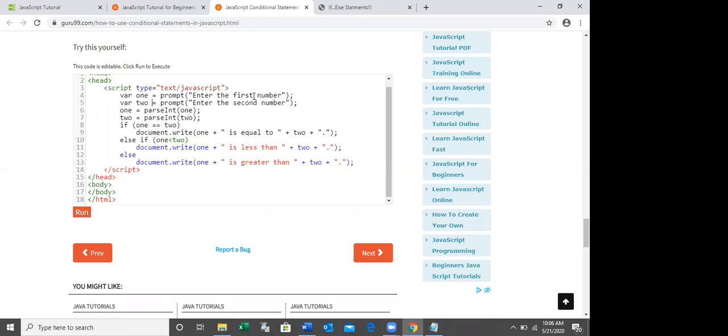String. So if you want to do the calculation, you have to convert this one to integer. To convert the text to integer, you have to use this function, parseInt. Can you understand what is parseInt? We can use this parseInt to convert the text to integer, right?